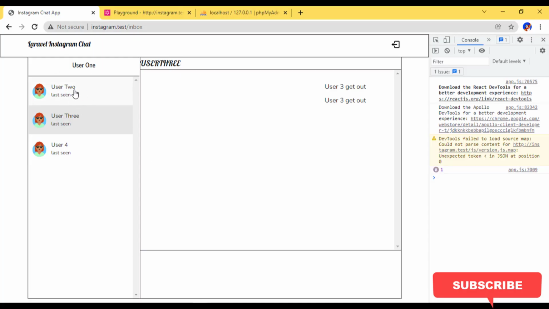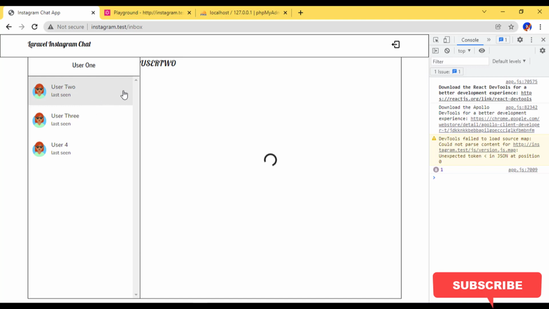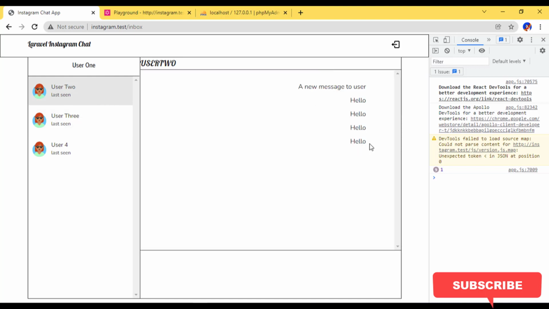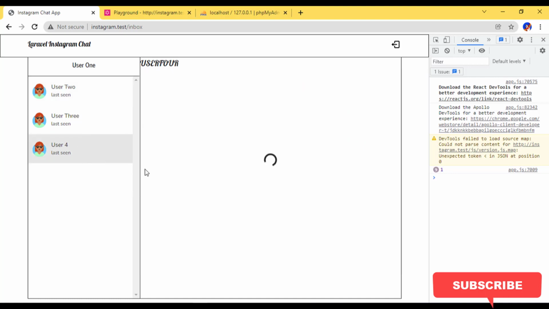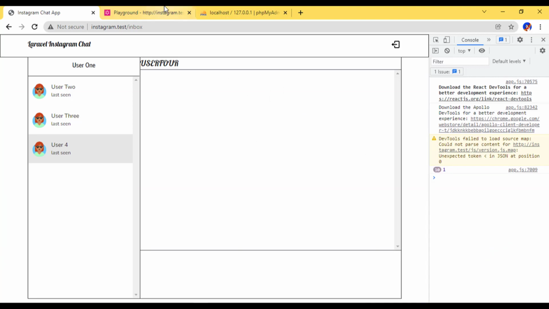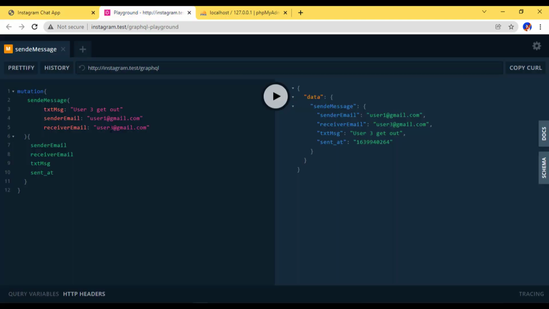So that makes it possible that whenever user 1 clicks on user 2, the conversation between user 1 and user 2 just displays. And also whenever I click on user 4, I do not have a single chat. You actually see we now have an empty message. So let me say I want to send to user 4 as user 1. I can say user 4 hello. So let me send that, and we send that to the